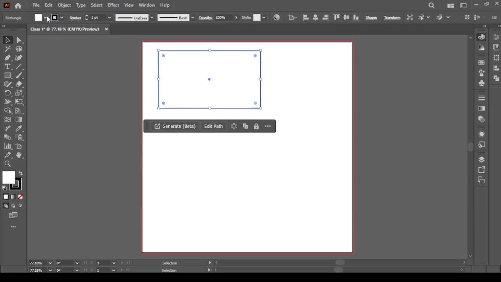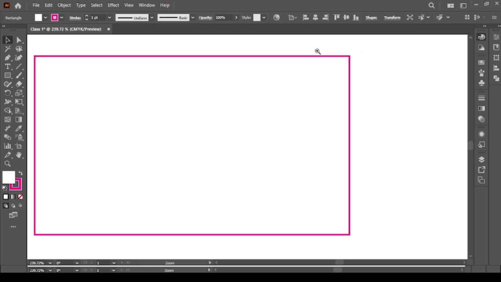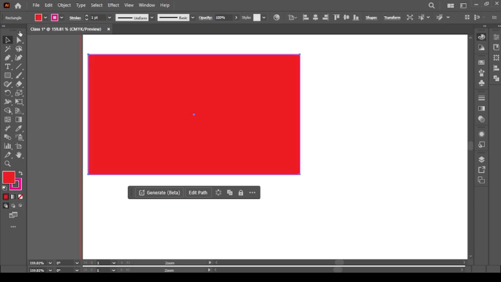Then I can also change the fill here. So this is what I meant by this bar. This is what we call the property bar. Under this, now you can do so much about the selected item. Maybe I can change the color of the outline to that. If I zoom in, you can see the effect of what I'm doing. I can change the fill, or what we call the